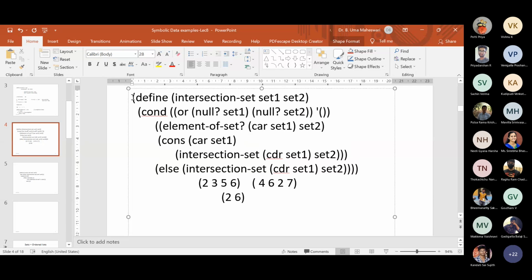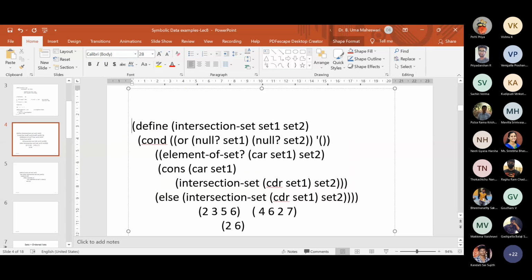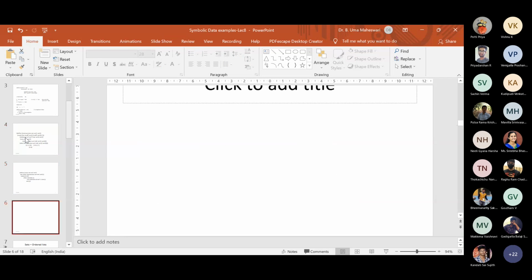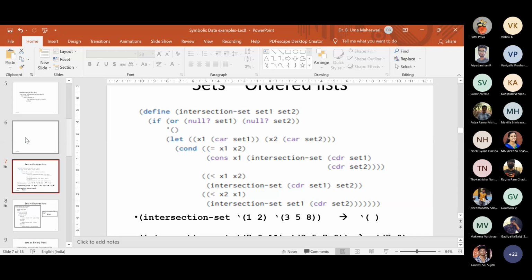So now, if I look at this one, finding the intersection of ordered lists is quite interesting, isn't it? In a natural way, I check the first element of set 1 and the first element of set 2, and if they are equal, then I move on to the next element in both sets. If it is lesser, I just move the pointer in S1 and move on, searching all the elements in S2 and so on, right? So this is for the ordered list.